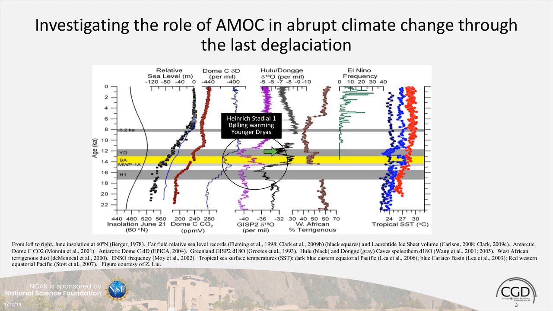So changes in the meridional overturning circulation have long been hypothesized as a leading candidate for bringing about some of this millennial scale variability. The MOC is an essential component of our climate system. It transports heat, fresh water, and nutrients around the globe, and it's really important to understand its role in climate change. Models provide a consistent framework that can be used as tools to investigate some of the mechanisms that underlie these variations that we observe in the climate record.